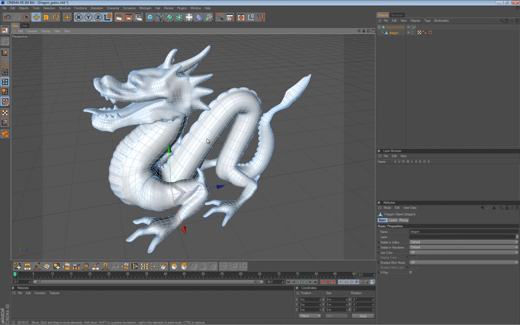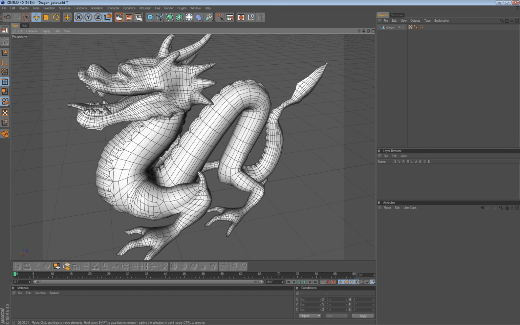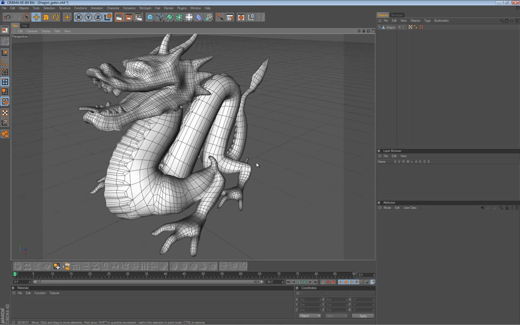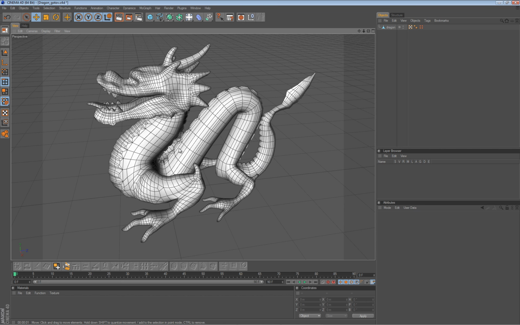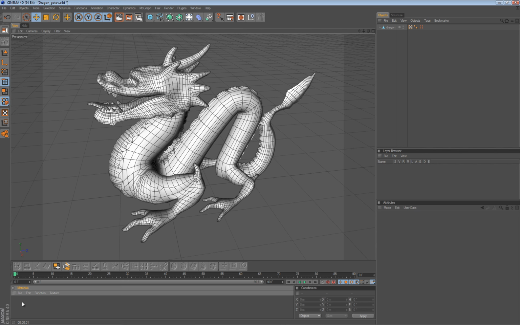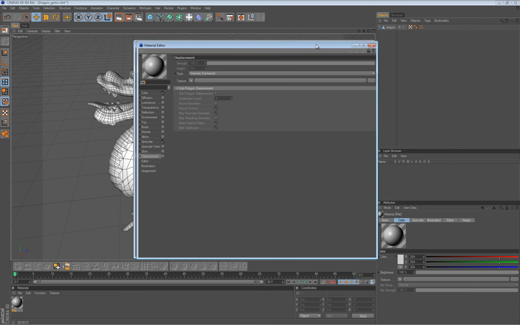So let me hide it, preview render, and we will delete this hypernerve so you can actually see the polygon structure on this dragon figurine. Okay. To actually displace your object, to add subtle detail that would be practically impossible to model, you have to do that by creating a new material. Okay, so we can double click here and we have a new material, and we will double click once again so we get all the